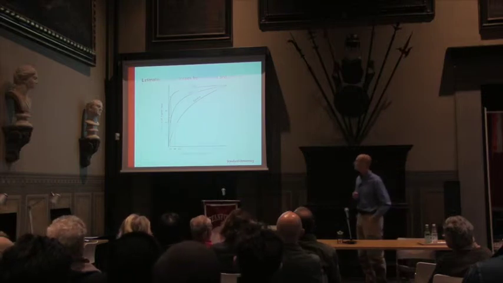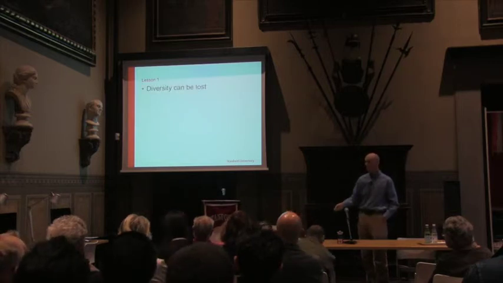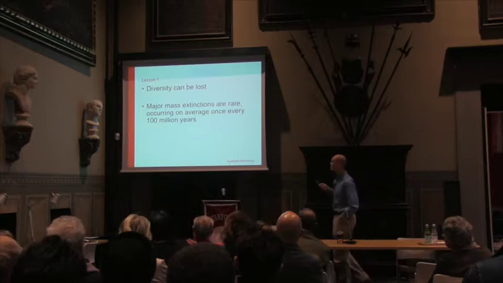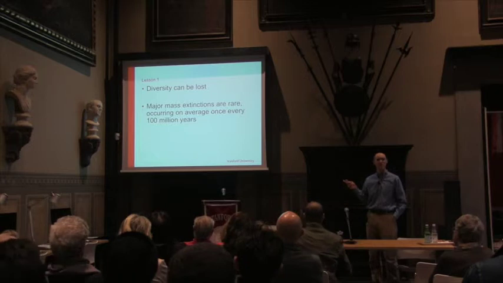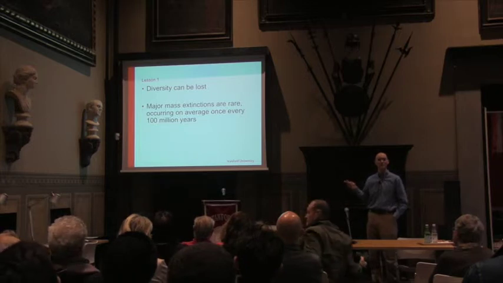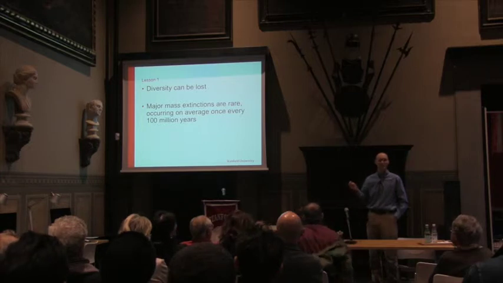Okay, so Lesson 1, diversity can be lost. It has been lost. And major mass extinction events, fortunately, are fairly rare events. These are the kinds of things that happen once every 100 million years, right? So if you think about rare things in your own life, rare things in human history, those are very, very